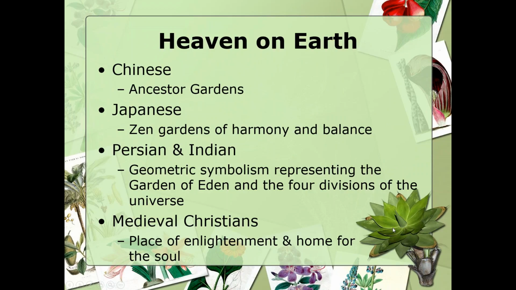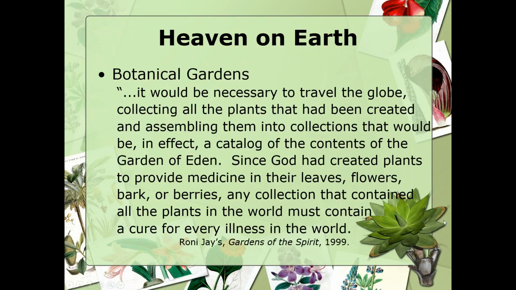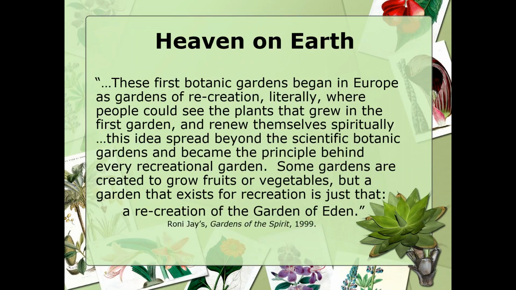We have heaven on earth that's going to be represented in the Chinese design with their ancestor gardens. Japanese liked heaven on earth with Zen gardens and harmony of balance. We have Persian and Indians who had geometric symbolism representing the Garden of Eden and the 4 divisions of the universe, and medieval Christians who place enlightenment in a home for the soul. Botanical gardens represented heaven on earth,